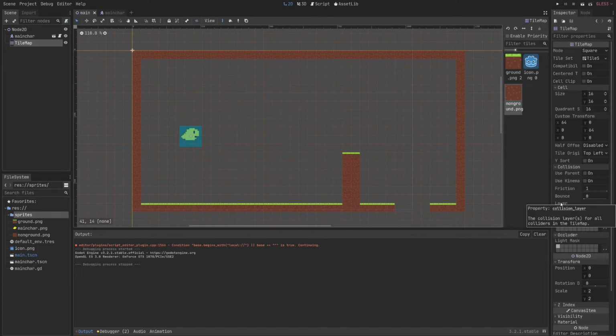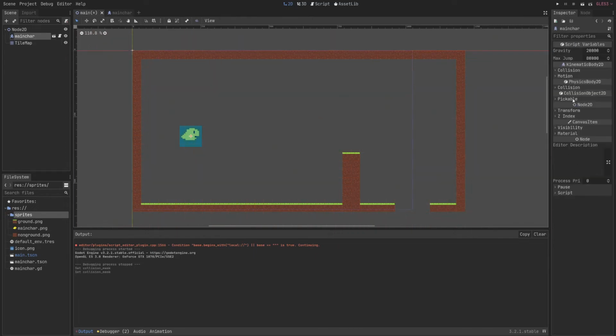So the collision layer, collision mask, yeah, it's not very helpful. Basically, what it means is the layer and the mask work one way or the other. So the layer of one will match on the mask of the other, and vice versa. Which means that if, for example, this one is in mask 1, layer 2, and main char is on the opposite